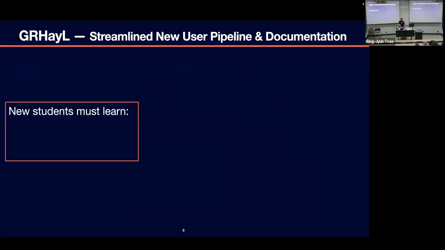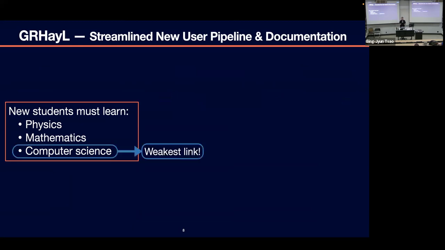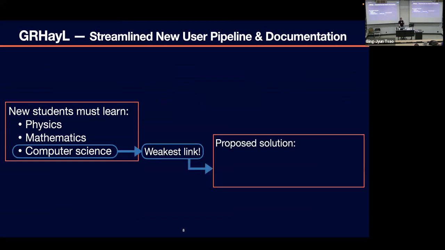You know, just listing things that I think might be obvious for everyone, right? But new students need to learn physics, math, and computer science, to put it in a broad way, of what we go through during our PhD, right? And it's also a known fact that typically computer science is the weakest link for many physics PhD students, right? And so what we propose to do, let me try to shrink this because I'm blocking my own view. Okay, I won't be able to do it.